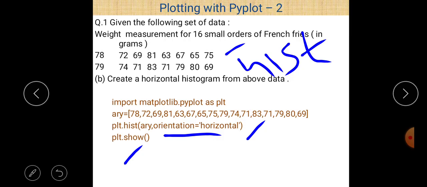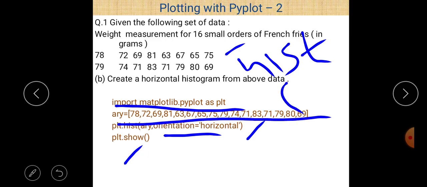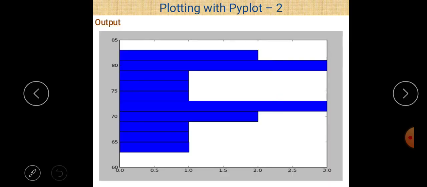You can see on screen, import matplotlib.pyplot as plt, and after that there is a collection of different elements in a list here. The name of the list is ARY. So after the execution of that statement, this type of histogram can be created. You can easily see here, this is a horizontal histogram. And the number of bins is the default because we don't mention any number of bins here. You can also mention the number of bins in that case if you wish. These are the default intervals here.